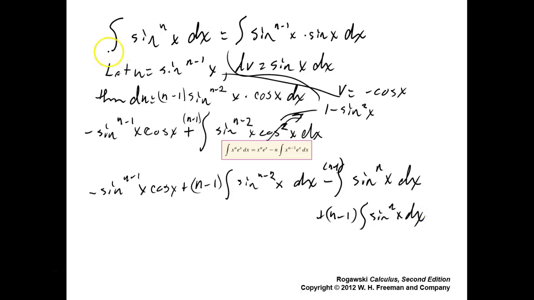Here's this side, here's this one up here, plus n minus 1 times the integral of sine nth x dx. And when you add those two together, this goes out here because plus and minus. So what you wind up with is